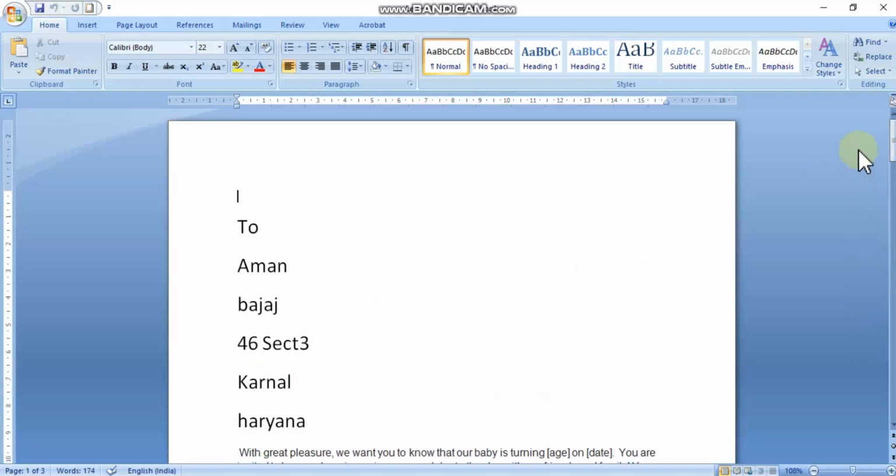Alright. So practice this at home. It is very interesting to do. It has many applications. It is widely used in offices for business purposes, where you need to send letters to common people. You send to more than one person at once. So it is being used everywhere. So practice it and watch the video carefully.